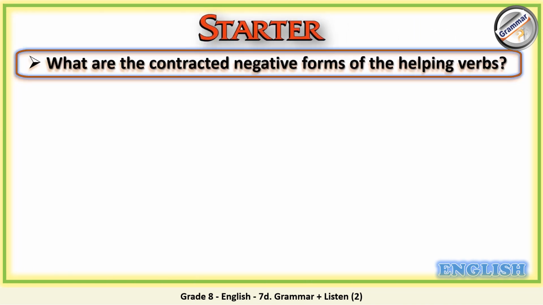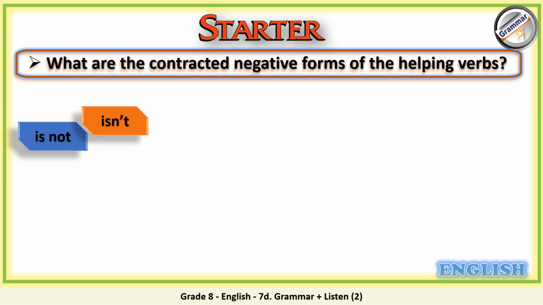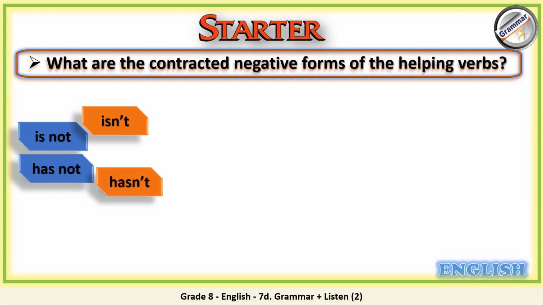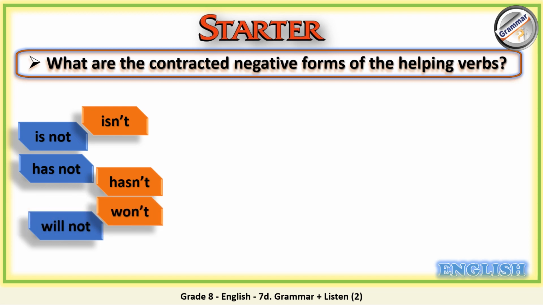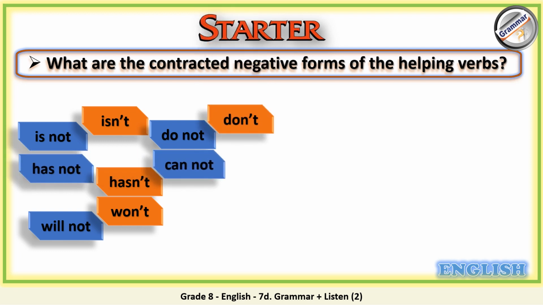What are the contracted negative forms of the helping verbs? Is not can be contracted like, very good, isn't, has not, hasn't, will not, won't, do not, don't, cannot, can't,